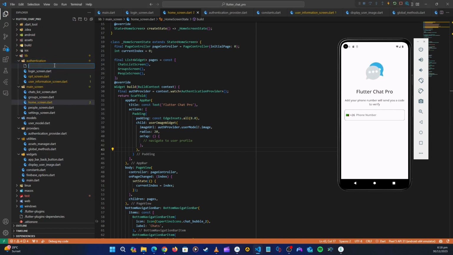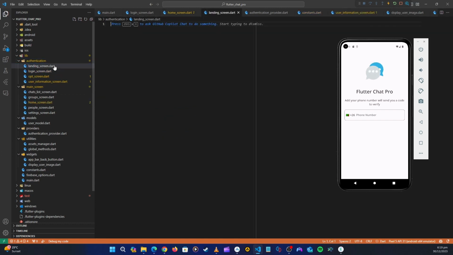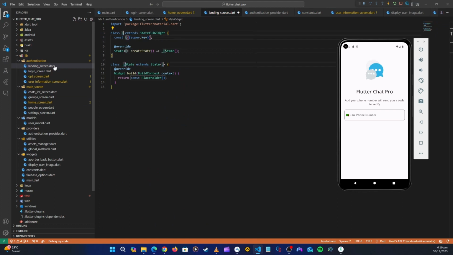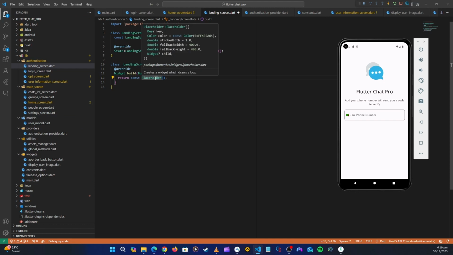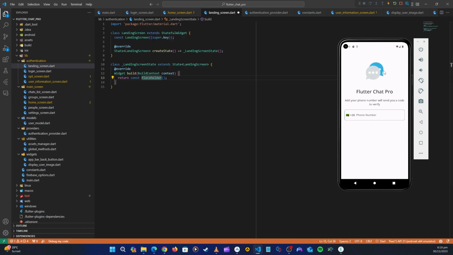I'm going to create a new screen. This should be called landing_screen.dart. Okay, so this will be a stateful widget. Let's name it LandingScreen. So here on the landing screen, what I want to display is just this Lottie in the center, and then maybe even just a loading progress indicator, or I can display this Lottie animation. Okay, so here first of all, let me return a Scaffold,